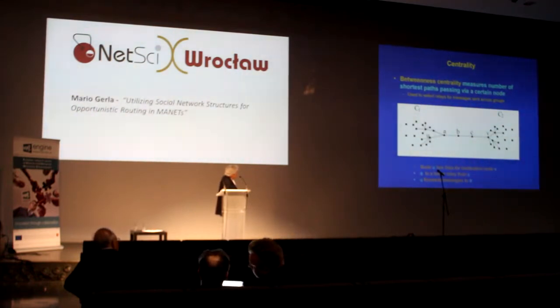And for instance, in this case, suppose that we have a node U here. We have sort of two communities which are connected by this stretch of nodes. Imagine now that all the nodes are moving and they happen to be in this position at some time. So node U has to transmit a message to node V down here, and